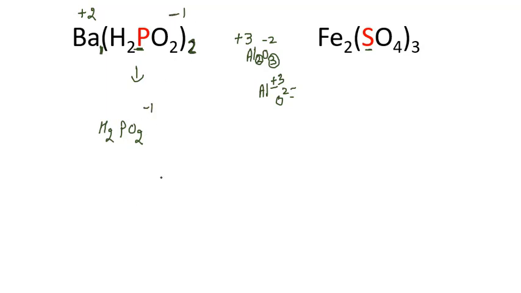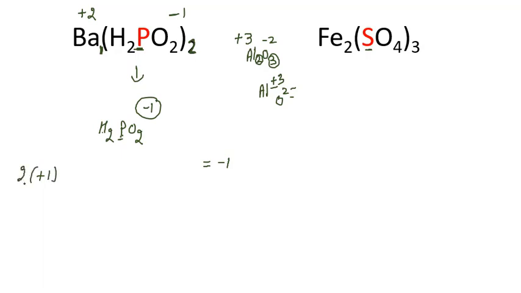Now we can calculate the oxidation number of phosphorus very easily. Now you can see it is a polyatomic ion. It is having -1 charge. So we can see the total oxidation number of elements in a polyatomic ion is always equal to its total charge, -1. Well, hydrogen is attached to non-metals. Hydrogen attached to non-metals shows +1 oxidation number.